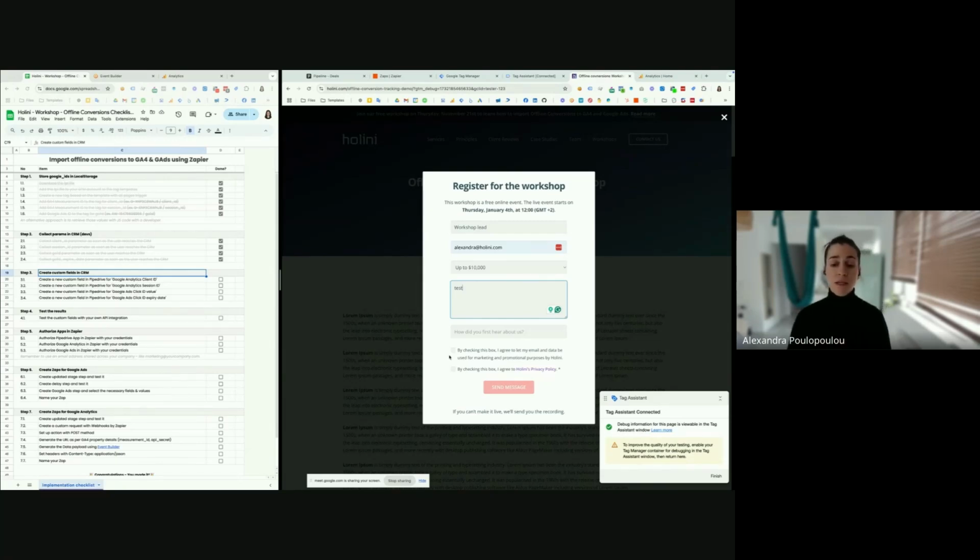In this case, we have two checkboxes. The first one is about our privacy policy, and then we have a second optional field where people can agree to share their PII, like email or other data, for marketing and promotional purposes.